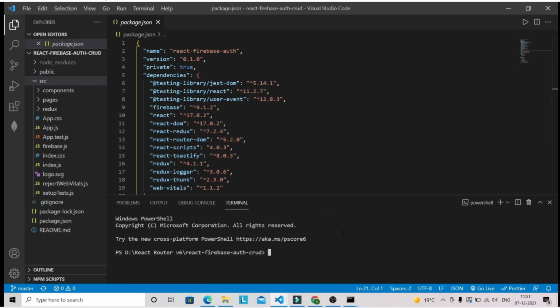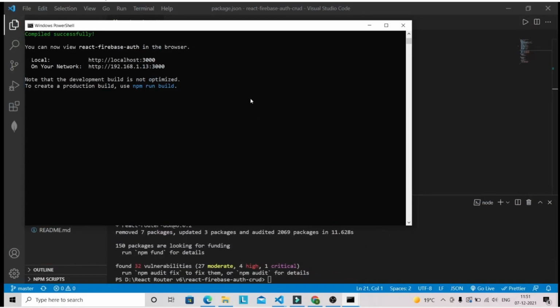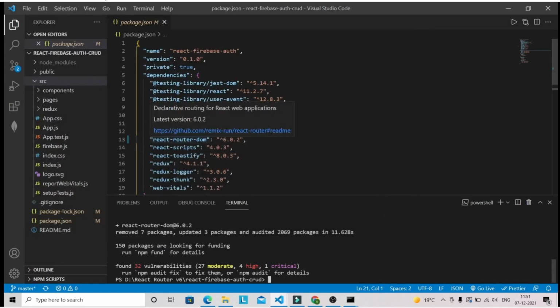So we have to update React Router DOM to version 6. I'm going to open the terminal and write the command npm install react-router-dom@latest. We have to use this command to update React Router DOM, and it will install the latest version, that is version 6. Let's wait for the package installation. In my CMD, this existing project is already running on localhost 3000, and it looks like our package got installed. As you can see, our React Router DOM package got updated from 5.2 to 6.